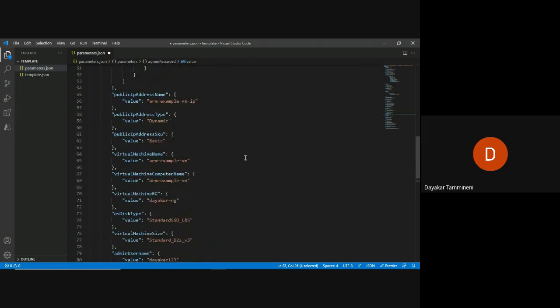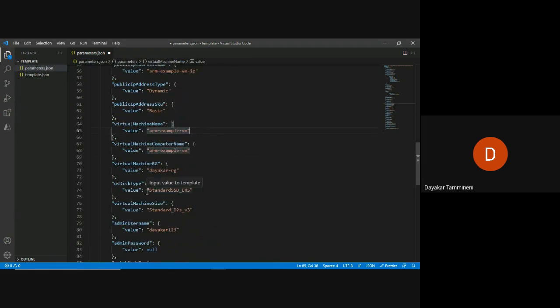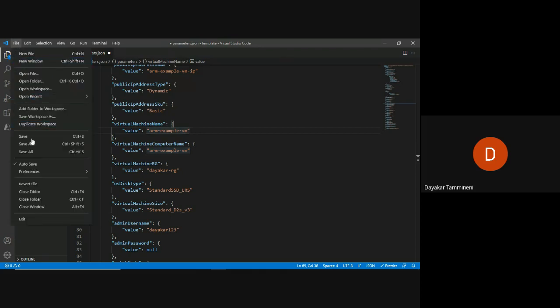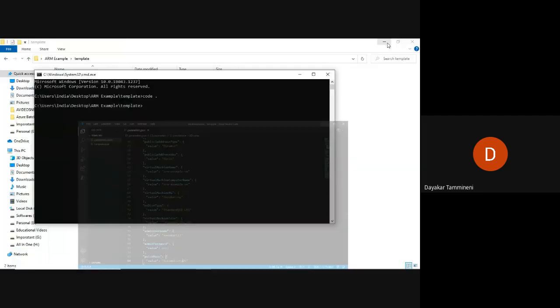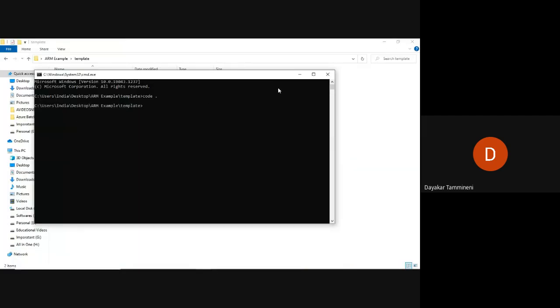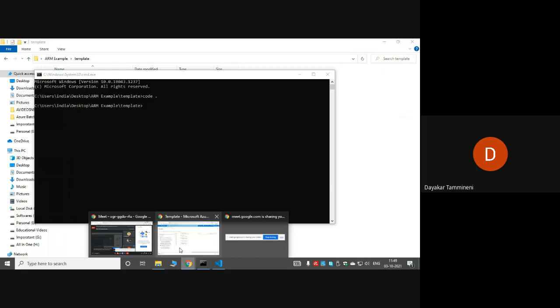Now we have successfully changed one parameter. We have changed it from premium SSD to standard SSD, and then save this content. So the content is saved. Now once again go to Azure.